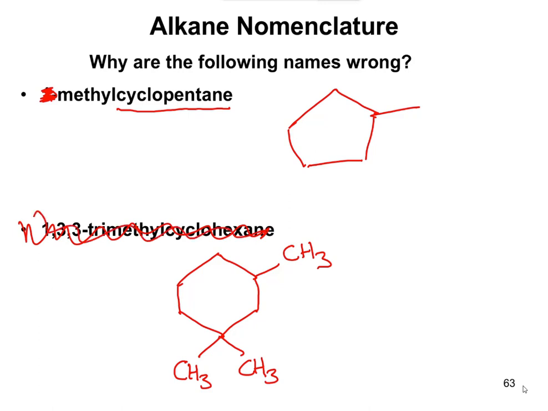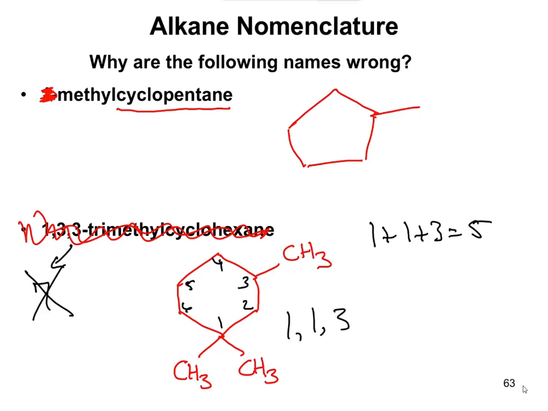And I think what you can hopefully see here, well, we know that it's wrong if we go with the 1, 3, 3. So let's try it differently. Let's do 1, 2, 3, 4, 5, 6. And what you'll see here is if we add up the total number of our substituents, we have 1 on 1, another on 1, and 1 on 3. So that would add up to 5, right? 1 plus 1 plus 3 is equal to 5. Whereas in the original one, they added up to 7. It's bad. So we want to go to the one that adds up to 5. So this should still be 1, 1, 3. Trimethyl